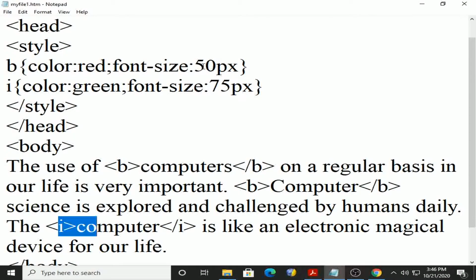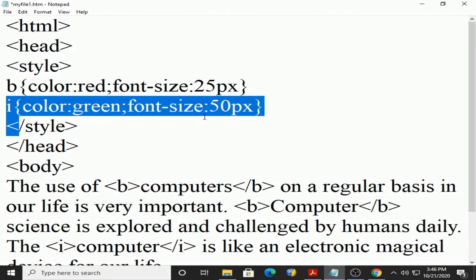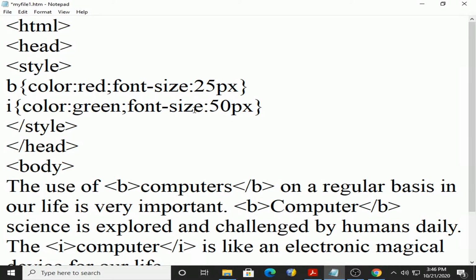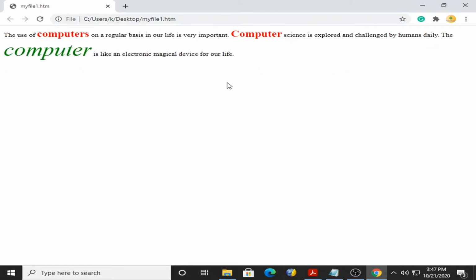Now here I put 25, okay, and here I put 50. So wherever I use the I tag, everywhere it becomes 50 pixel, and wherever I use the B tag, it becomes 25 pixel. So maintenance is easy. I hope you can see that the change we need to do is at only one place, and other places are done automatically.